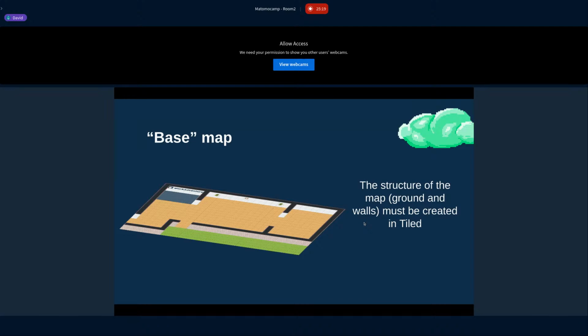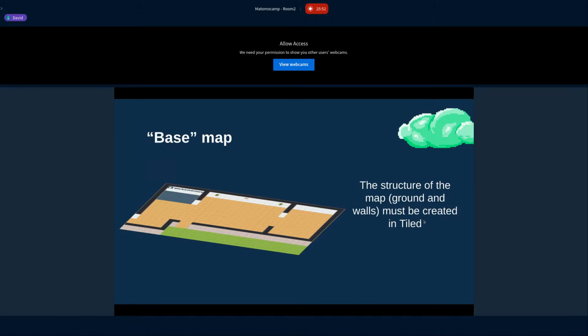And when you do a design, basically, the design is done in two phases. The first phase is to design the structure of your map. I showed you the map editor. The map editor currently only allows you to put objects. It's what I call the IKEA mode. But if you want to design rooms and basically the base map, what you have to do is to go through an external tool that is named Tiled.